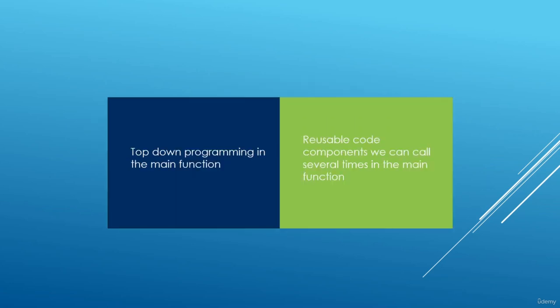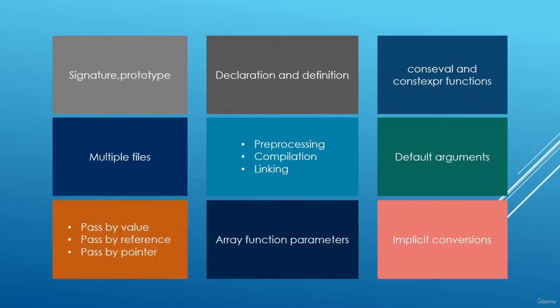We have also seen that functions can change the way we think about our C++ code. Now we have the ability to split our code into little reusable components that we can call however many times we want. We had a chance to look at function signatures and prototypes, and we saw that we can pass input as parameters and grab the output from a function through the return type of a function. We saw that we could split our functions into declarations and definitions, and that opened the door to how we could split our programs into multiple files.